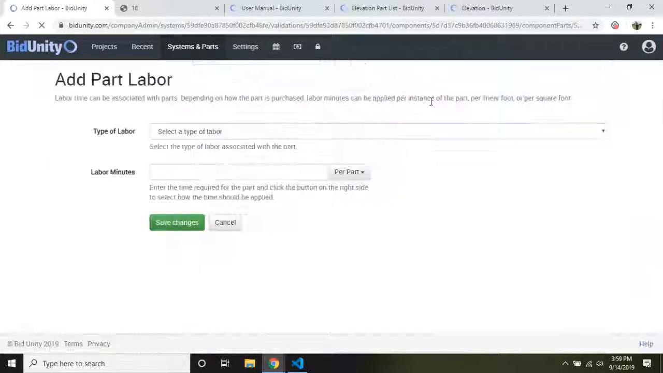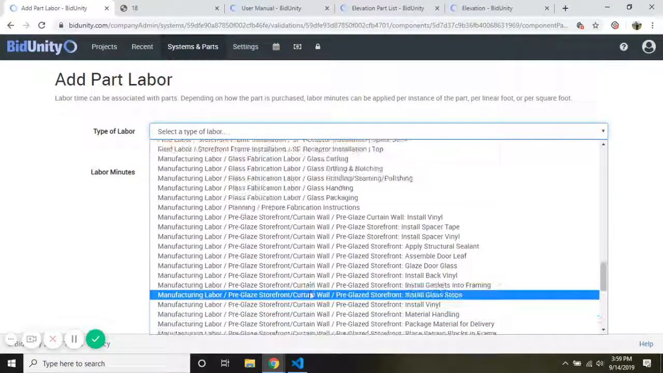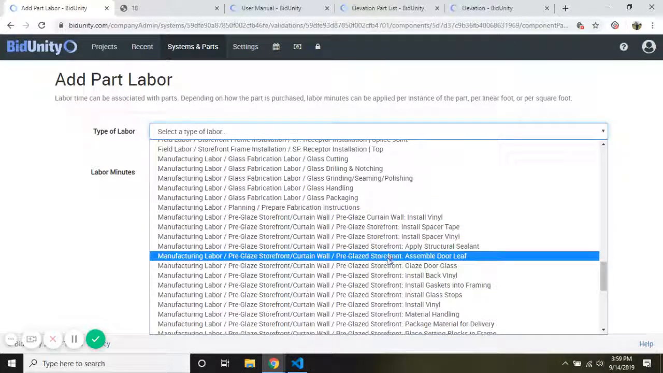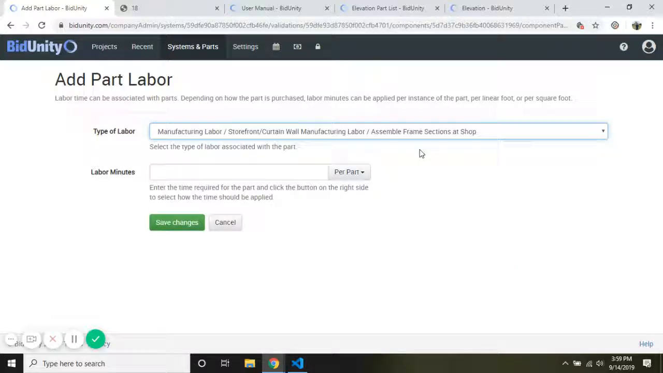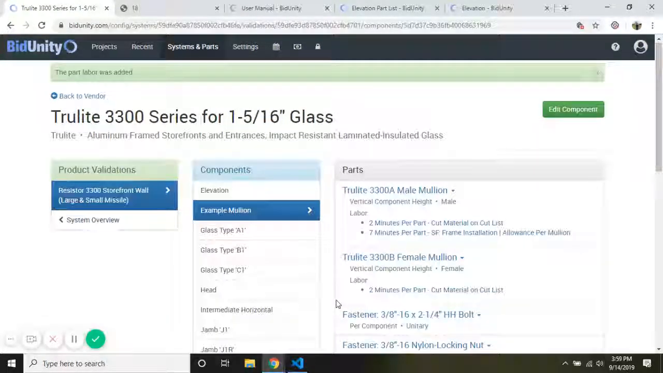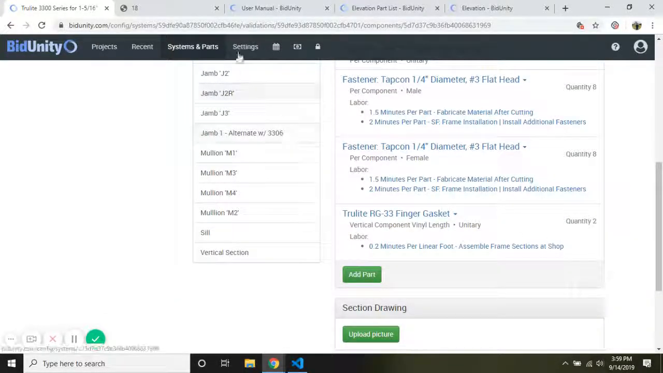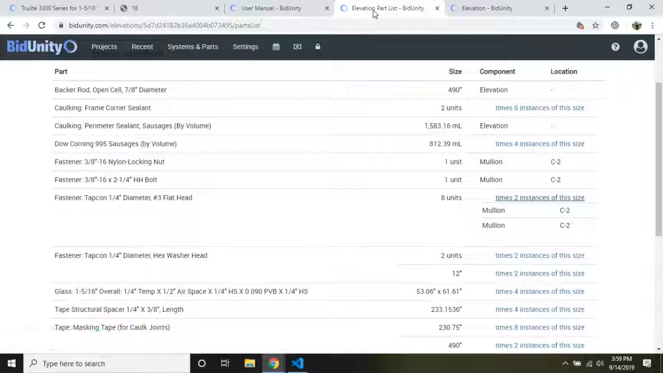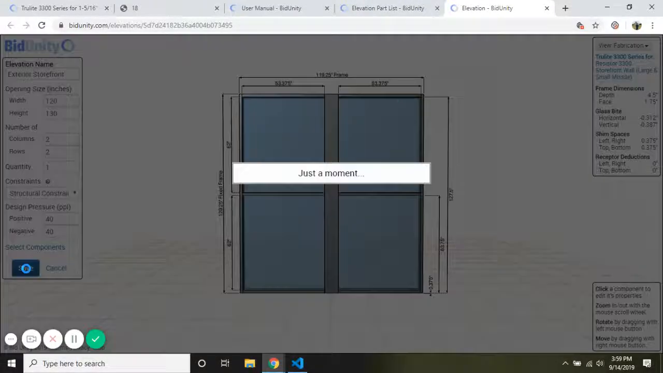So we'll add labor. And I forgot to see, let's say, assemble frame sections, 2 minutes per linear foot. Okay. And we need a quantity of 2. So if we go back to our elevation and we save this again,